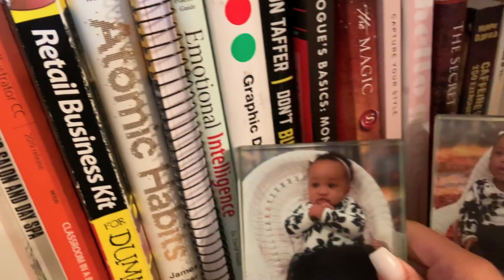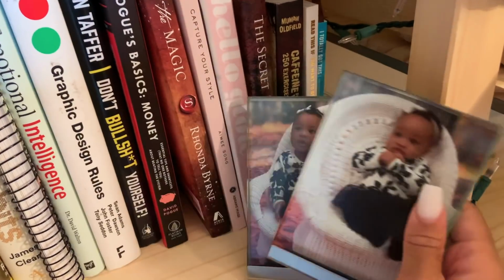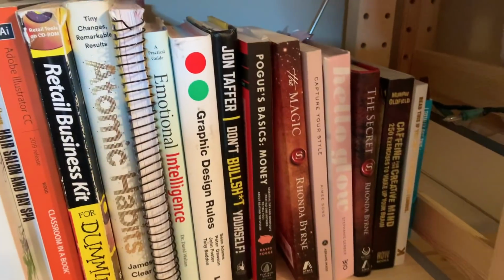I have to move these babies out the way, but shout out to the girls. These are old baby pictures. Okay, so I have